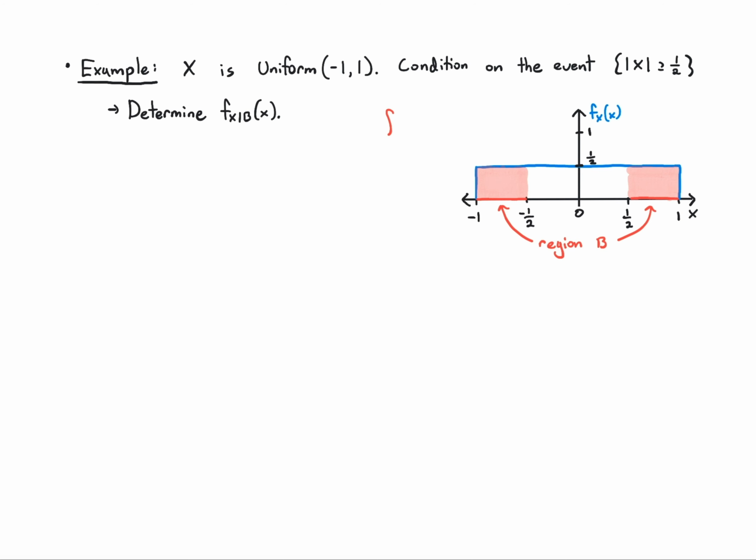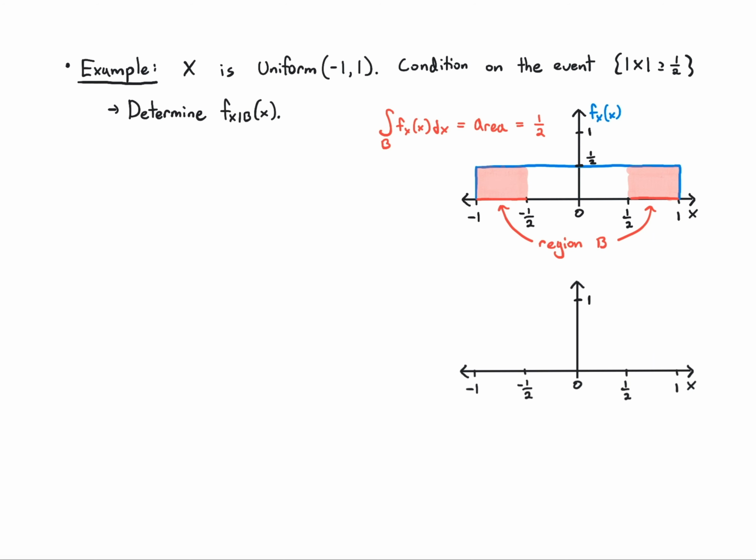So the integral over B of the PDF, the thing that I need to know, is just the area, and it's obvious from looking at this plot that that's just half of the total area, so that's half, because everything normalizes to 1. Okay, so now I can actually just draw the conditional PDF directly. Okay, I don't need to work out the formula,